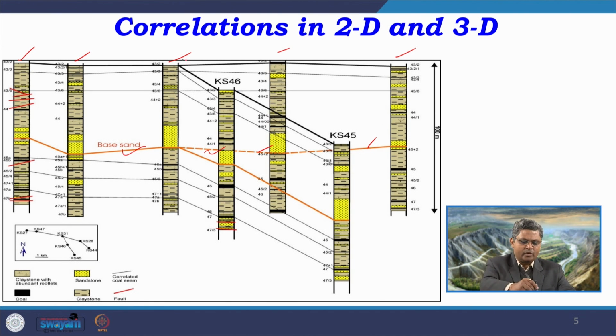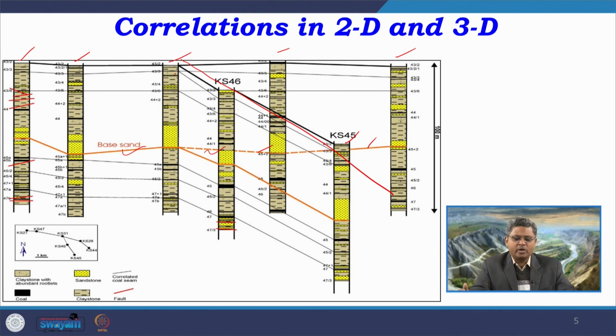At the same time, you can get another section where you have these 3 logs, 1, 2 and 3, in another section. So, basically what you are doing is trying to correlate them in 3 dimensions. And in practice, we have to do this kind of correlation in multiple sections together to get a 3D distribution of the different facies types. Until and unless we know the actual 3D distribution of different facies types, we cannot understand the distribution of the depositional systems, and we cannot interpret the systems tracts or the sequences.